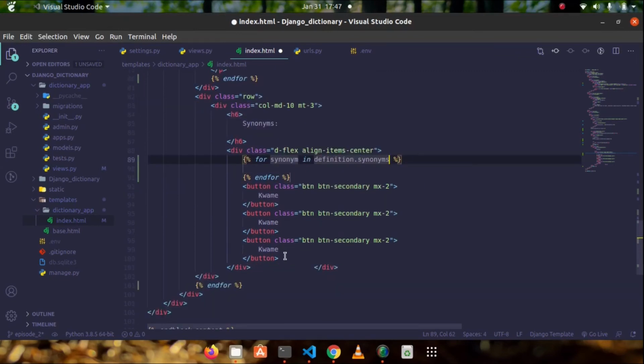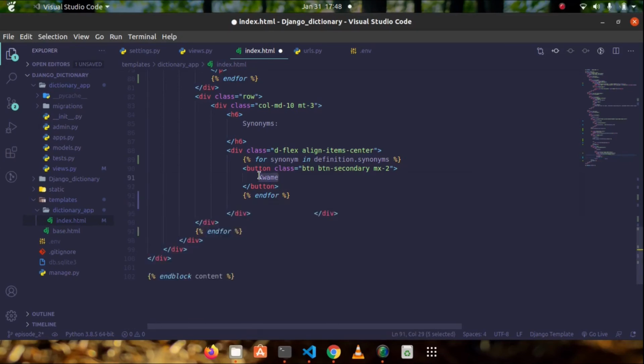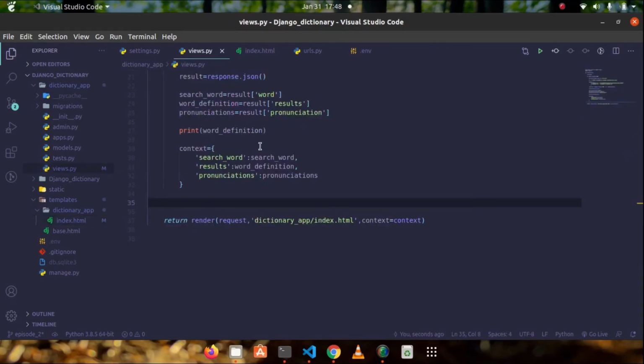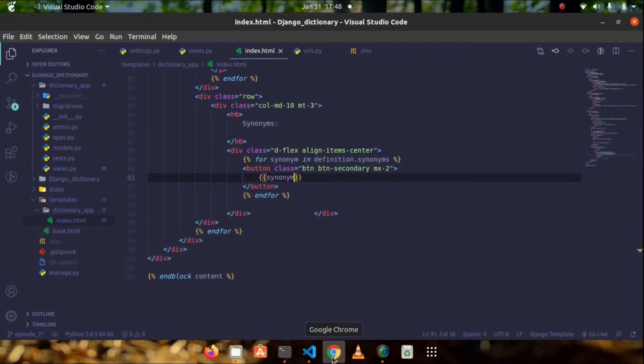You are going to dynamically insert this, or dynamically create it. So paste over here, and let's take out these placeholders out. We are going to show the synonym word here. Synonym. Okay, before we go ahead, let's take out this print statement. We just use it to get hold of a particular word. So now let's go inside the